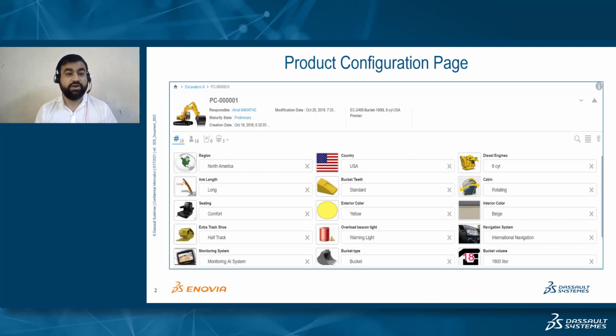Product managers are often responsible for creating and managing the enterprise variability that contains variants, variant values, option groups, and options. This is a typical UI of product configuration page. It shows how product managers can select the unique variant values for each variant and options for each option group